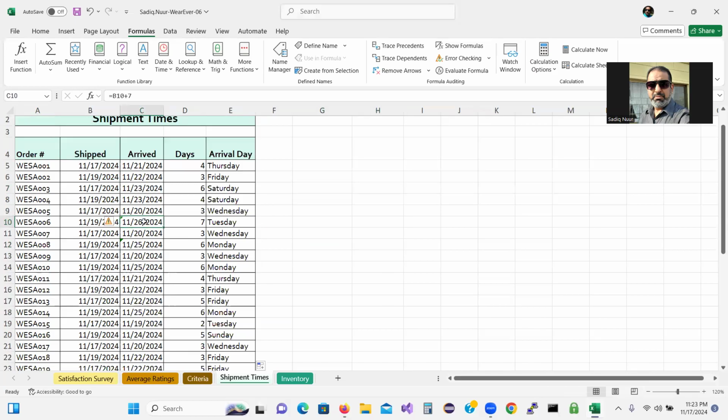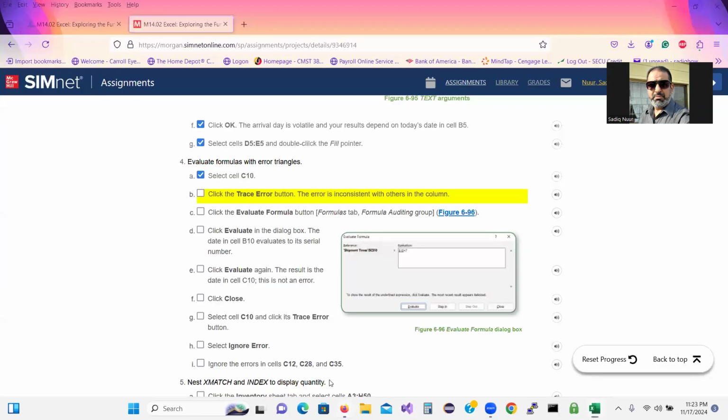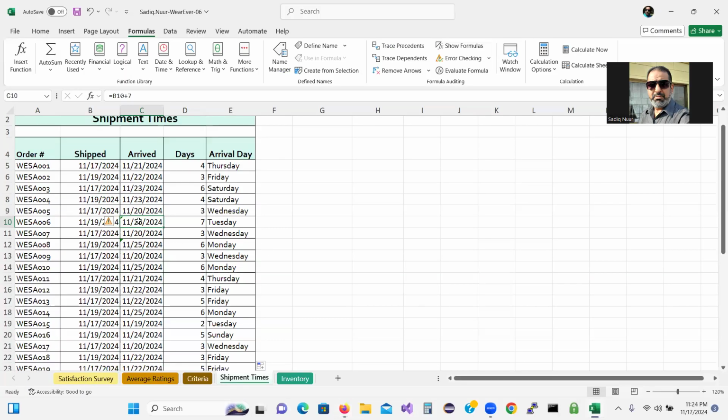So we are in C10, the instructions again, and then we have to trace the error. The error is inconsistent with the others in the column. Now we need to go to the Formulas tab and then we have to evaluate the formula. And then we have to click on Evaluate in the dialog box, the date in cell B10 evaluates to its serial number, right? So let's do these two steps first. So we are in C10. We will go to Formulas, which is the tab we are in. Look for the